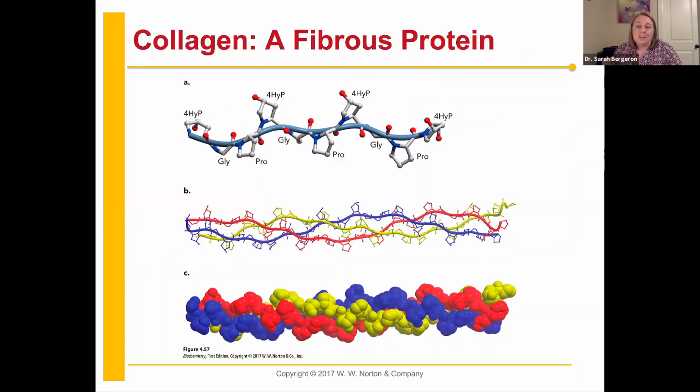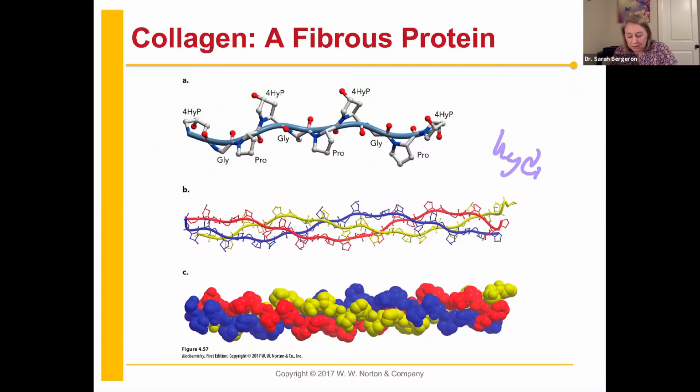All right, collagen. Collagen is found in soft tissue that holds bones together, holds muscle to bone, right? So it's a major component of tendons, of cartilage, and actually the cornea of your eye. And so it has some really long helical subunits, right? And those helical subunits are actually held together by hydroxylated lysine residues,